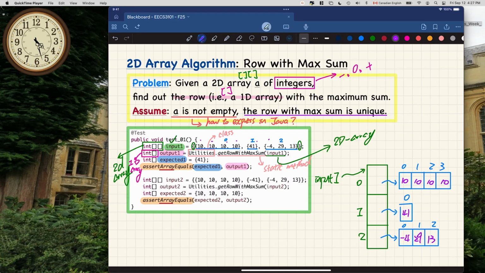How do I refer to a particular row, for example? How do I refer to the last row? Right? The number of rows you have can be calculated using input 1 dot length. Agree? Okay. So if I want to go to the last row accordingly,